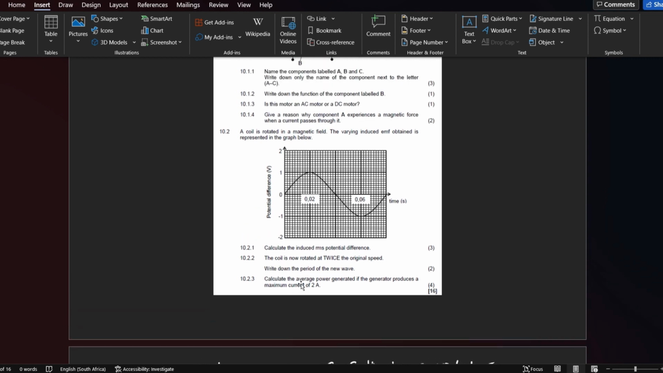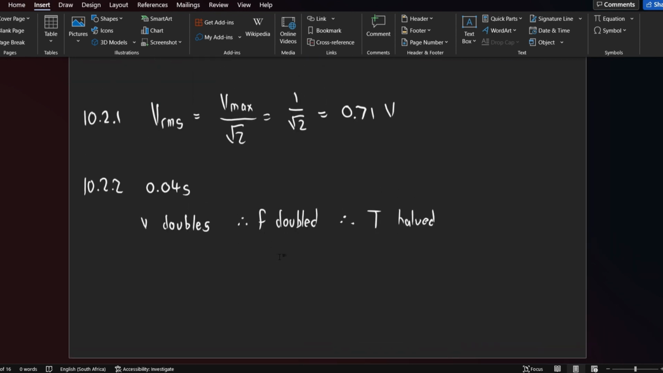10.2.3. Calculate the average power generated if the generator produces a maximum current of 2 amps. So that's the maximum current, not the root mean square, so we might have to convert it. So let us write our formula for power. 10.2.3, power equals V RMS multiplied by I RMS. And we have formulas for those, so V max all over root 2 multiplied by I max all over root 2,